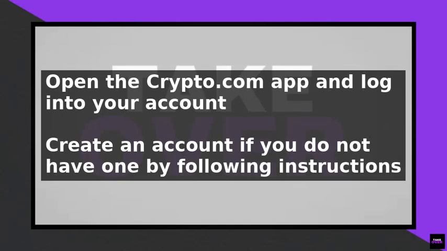To sell crypto using the Crypto.com app, start by opening the app and logging into your account. If you do not have an account, create one by following the in-app instructions. Once logged in, navigate to the home screen and select the crypto you want to sell from the list of